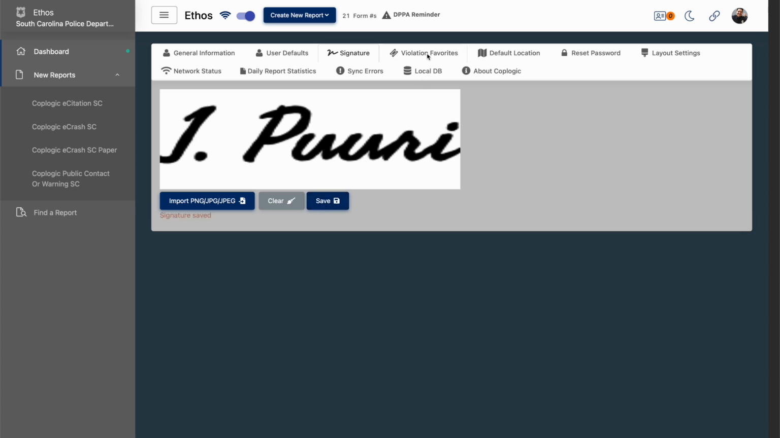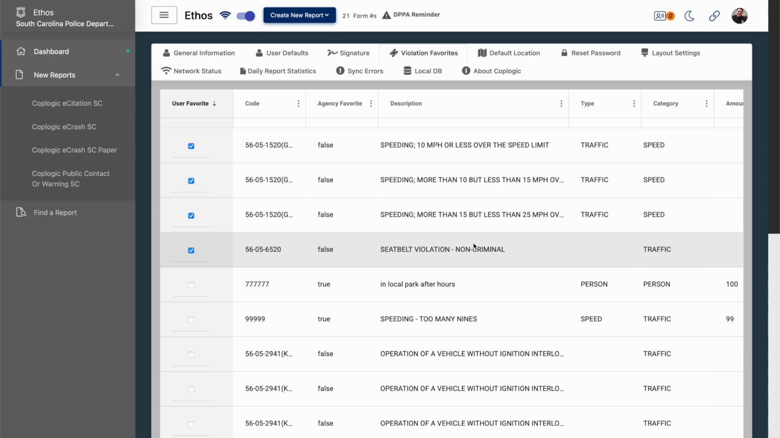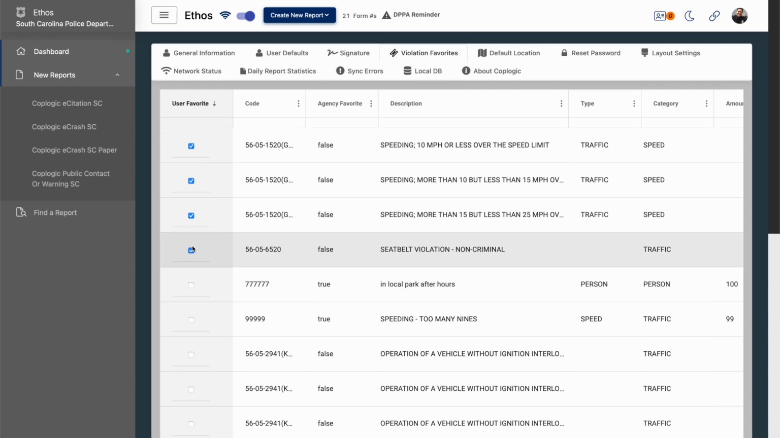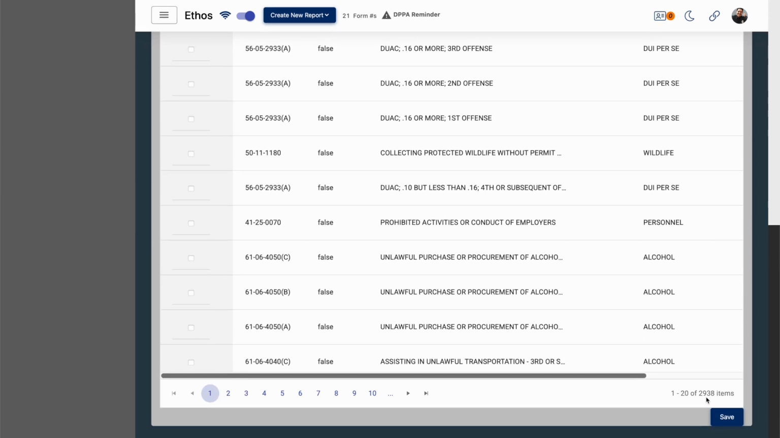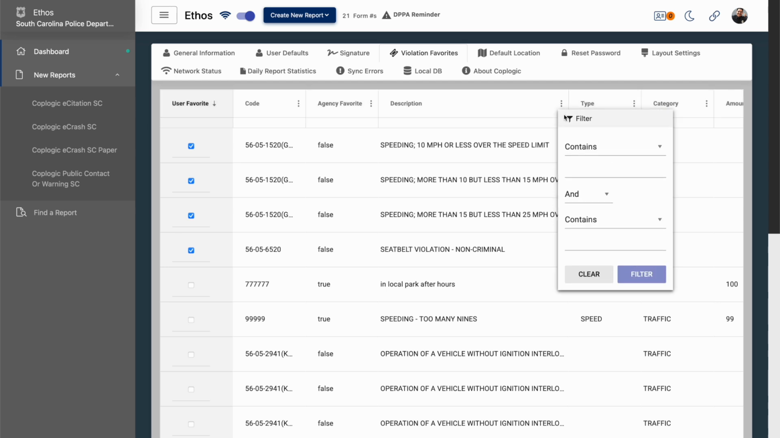Next up, you can go to violation favorites. This is specifically for creating a citation. It's here that you can search for a most commonly used violation and mark it as a favorite, so that when you're creating a citation later on, you will have easy access to your favorite violations, so that you don't have to sort through the thousands that are loaded in here, and you can more easily find the ones that you use most frequently. To do that, I think the easiest way to do it is to click this vertical ellipsis on the description column and add a keyword,